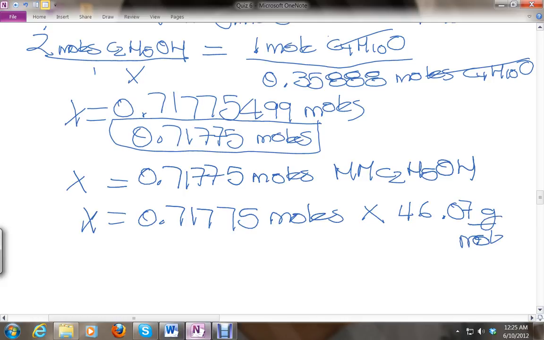So to get the grams. And this is going to give us 2.2. I think it's right. 6.07 is gonna be